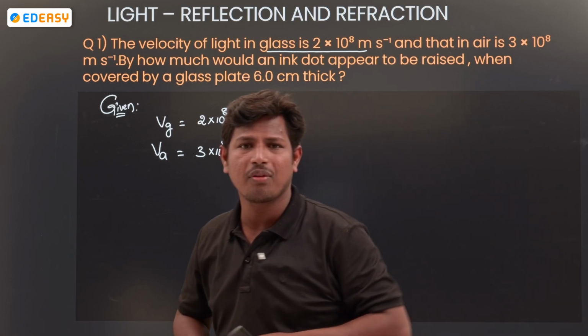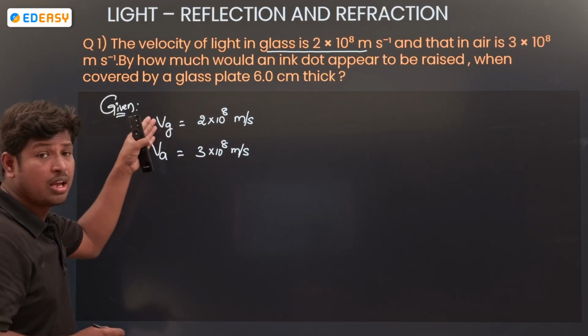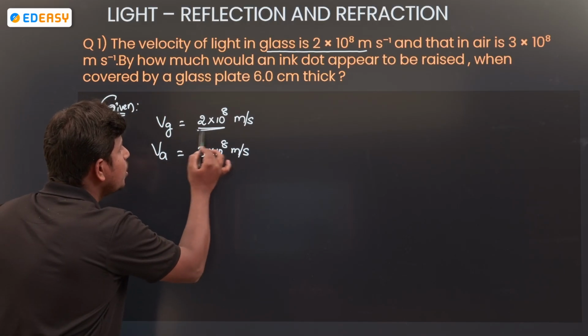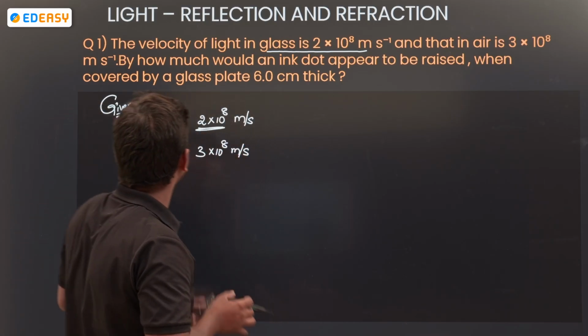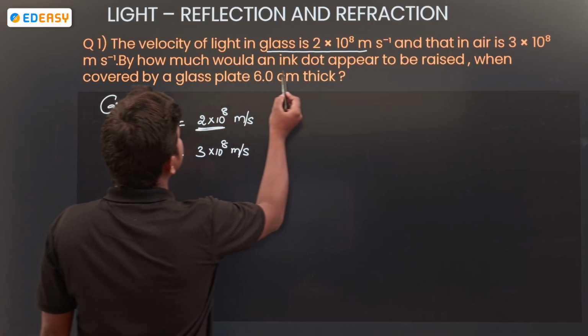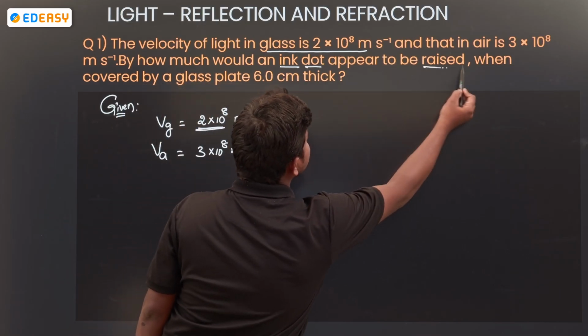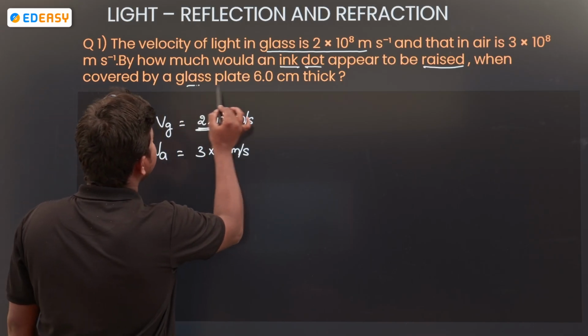3 into 10 to the power of 8 meter per second. And the next, the velocity at which light travels in glass is how much? 2 into 10 to the power of 8 meter per second. This is the given information. And the next, how much would an ink dot appear to be raised when covered by a glass plate of